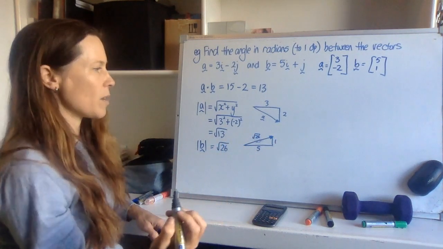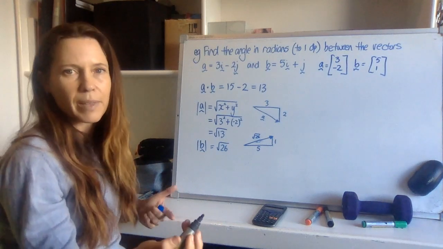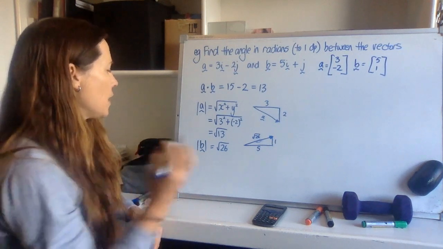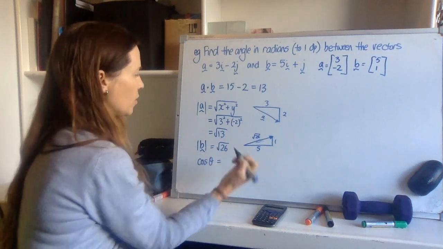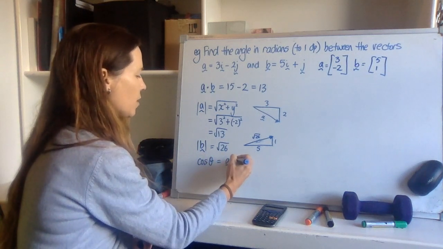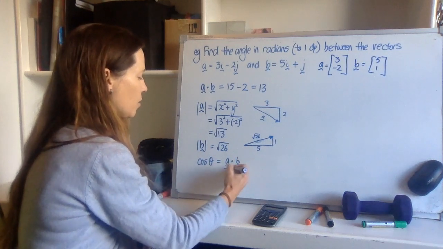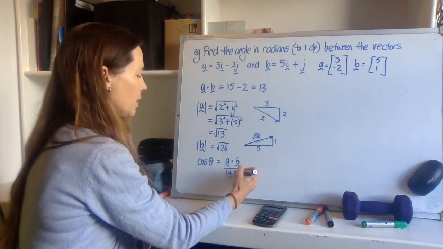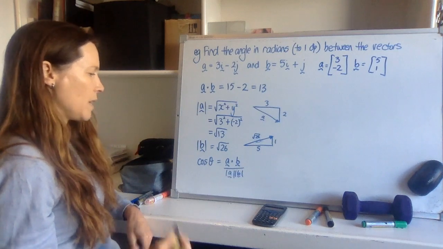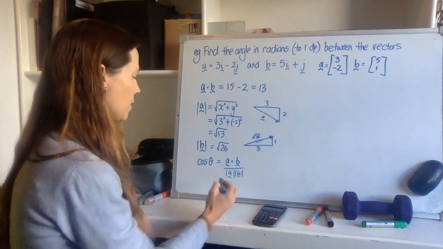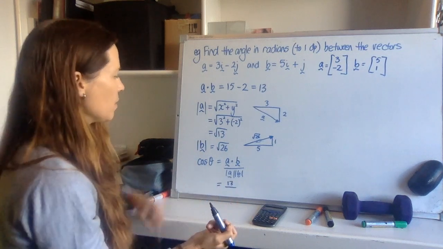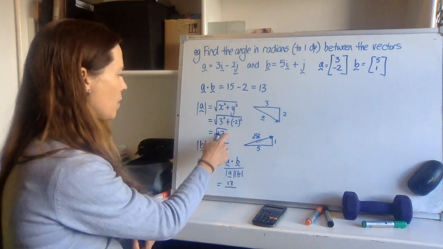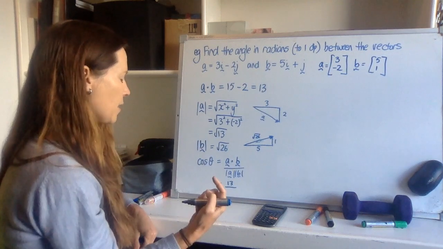So both of those are quite easy to find. Use either method, whichever one makes sense to you. Now I can go ahead and apply my formula. The cos of theta is the dot product. Now writing this out every time is not a bad idea because you'll just get used to it. So we've got this, and now we know each of those parts. We have our dot product, which is 13, over our square root of 13 multiplied by our square root of